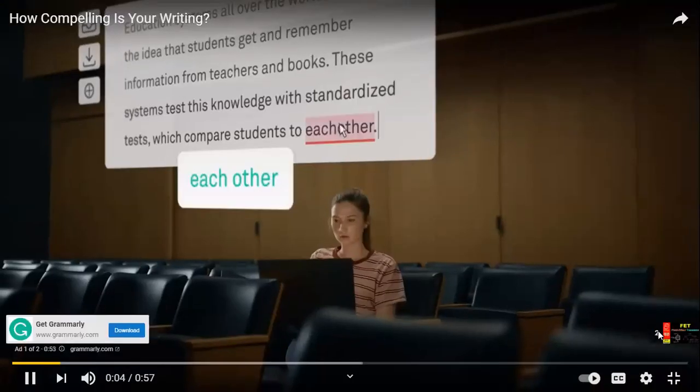Good grammar and spelling are important, but if you want to write essays that inspire,